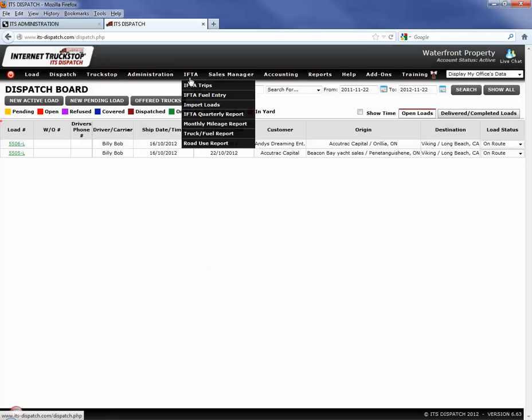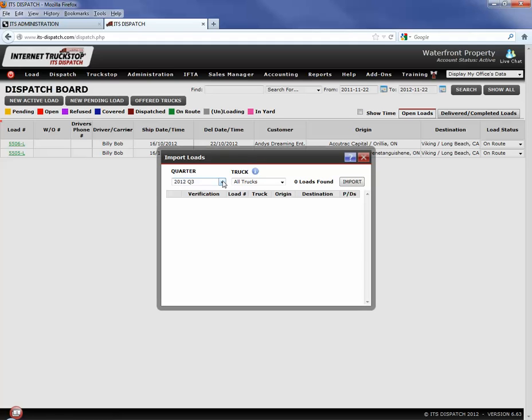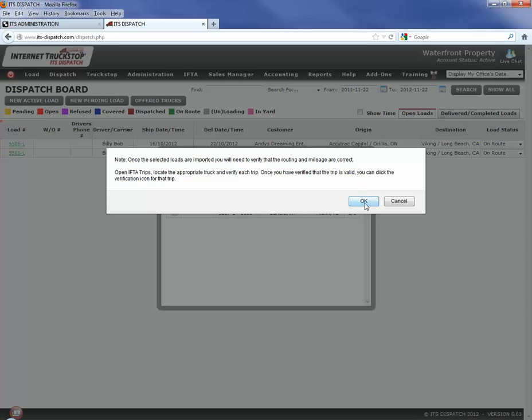I am then going to go to my IFTA. I'm going to import loads, select the quarter, and there's the two loads. Okay, it's the same, but truck number one and truck number two. When I import it over to my IFTA,